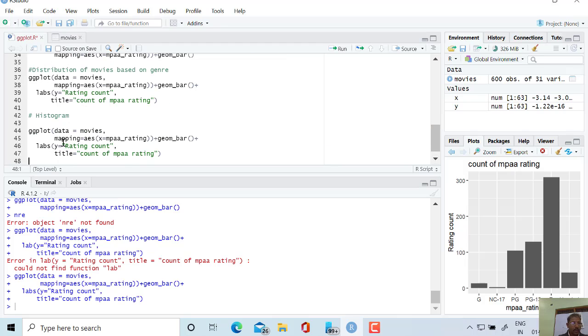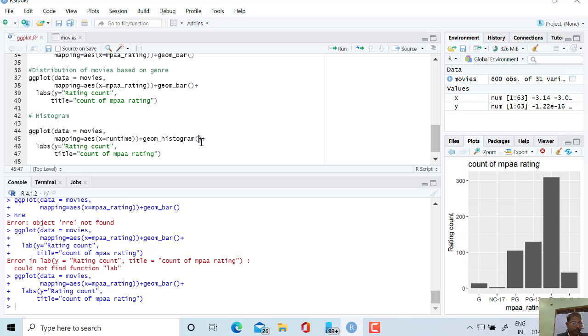Okay, aesthetic, here I use runtime, because it is a histogram, therefore in place of bar I will write histogram here.